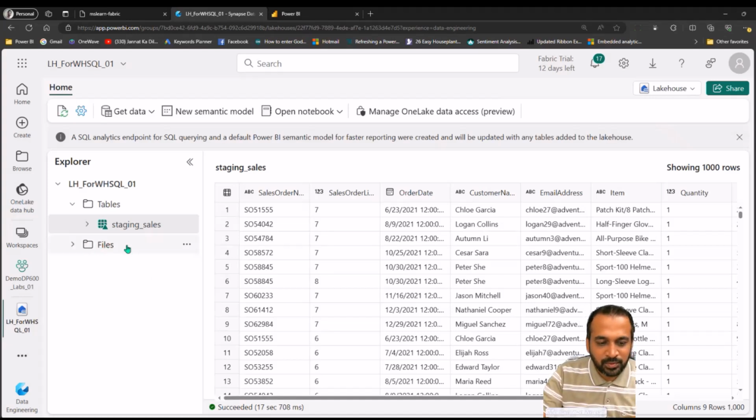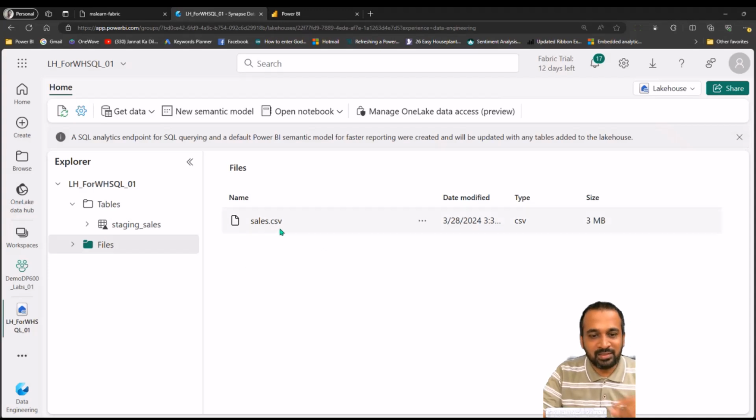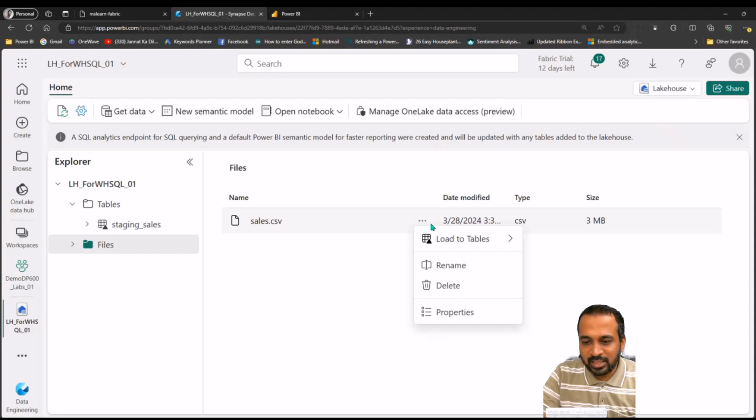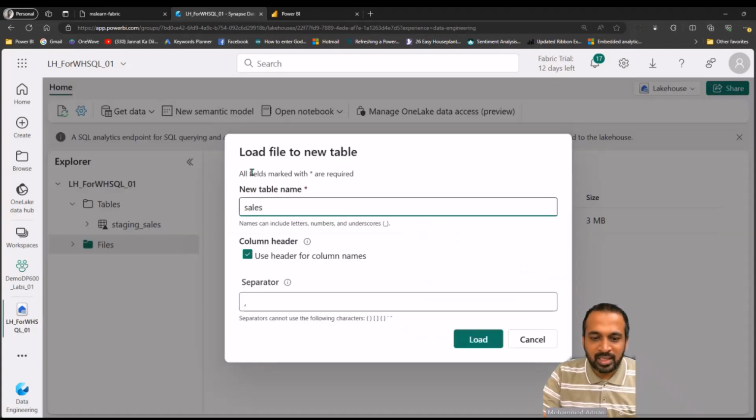After uploading the files, if you click on the files folder here, you can see we have a sales.csv. In the three dot icon, if you click on this one, you have load to tables as a new table or existing table. If you click on existing table, this is going to load the data into the staging tables. But for example, if I click on the new table, then I can define a name here. I'd like to define the name of this one as sales, for example,